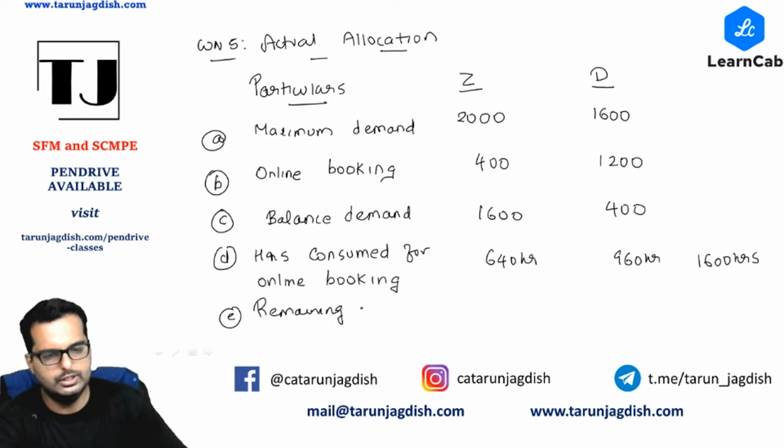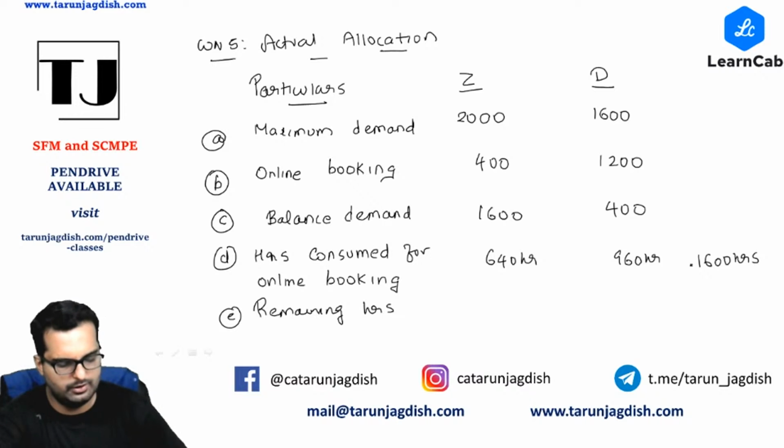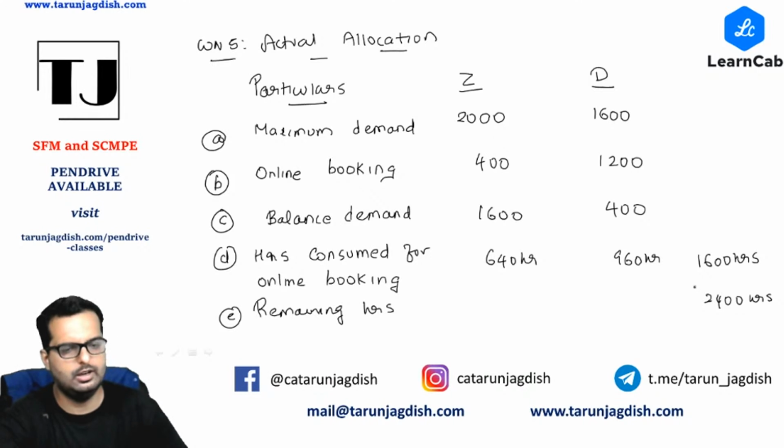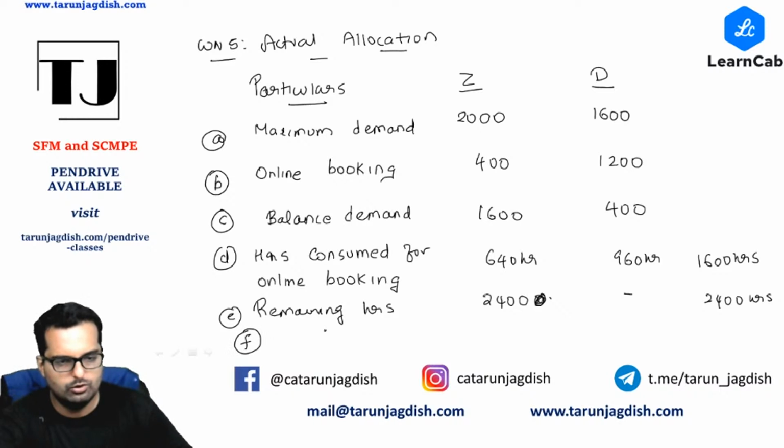Remaining hours which we are allocating. What is the remaining hours that we will have over here now? Will we have 2400 hours remaining? Total is 4000. Am I right? So 2400 hours divided by 1.6 if I do, I will get 1500 units more. So, sorry, I'll just put it this way. This entire 2400 hours I would prefer allocating to Z and nothing I want to allocate to D. Okay. So once I put it this way, this 2400 hours what we have divided by 1.6, I will be